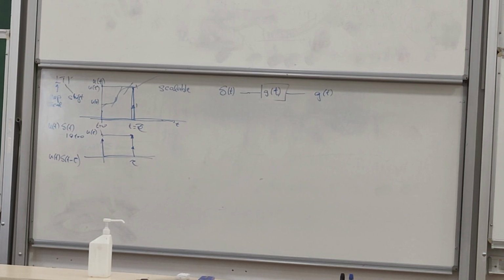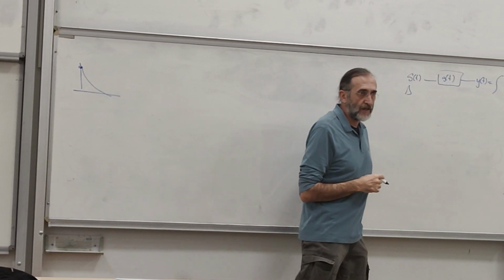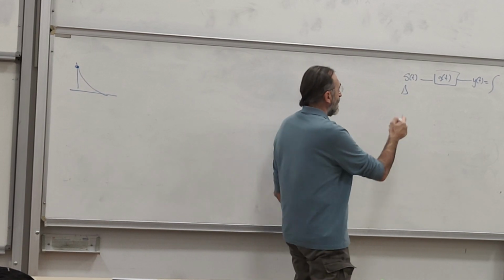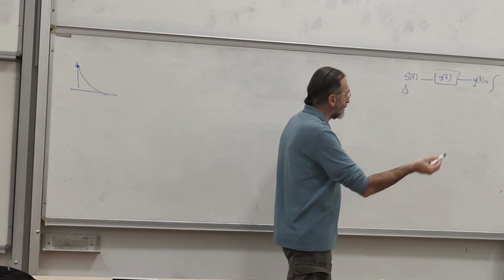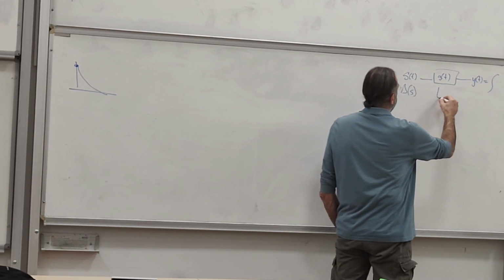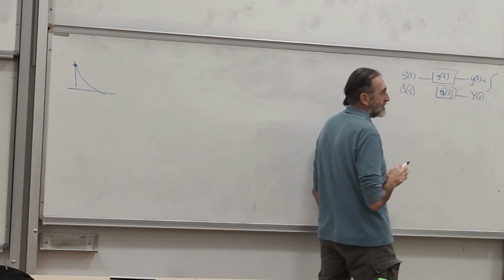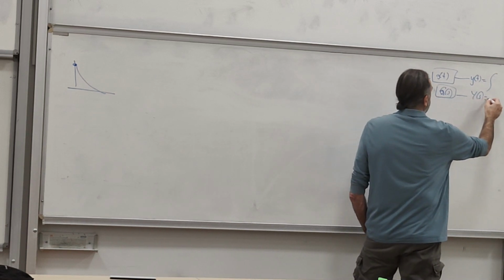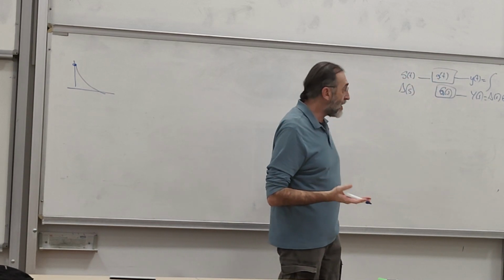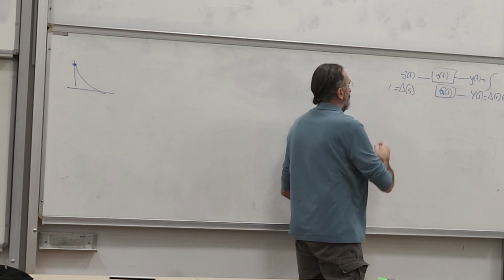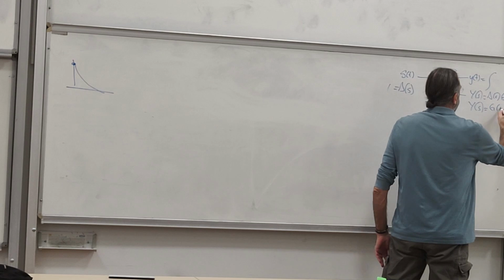So I go to the Laplace transform. And this is the convolution integral of it. I don't know what that's going to be. Instead of doing this integral, I go to the Laplace domain, which is multiplication. So I have delta of s, g of s, and y of s. Now I know in the Laplace domain that y of s is equal to delta of s times g of s. Right? Because that's the beauty of the Laplace domain. And I also know that delta of s is equal to 1. So y of s is going to be equal to the system itself.